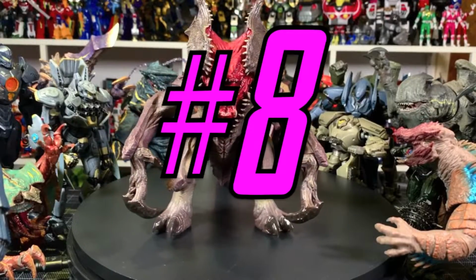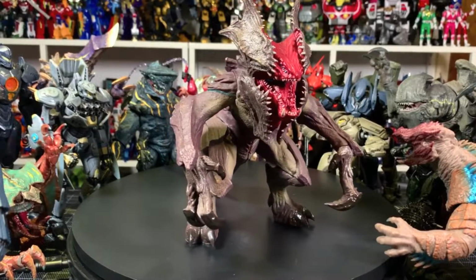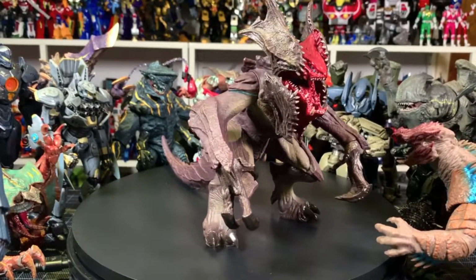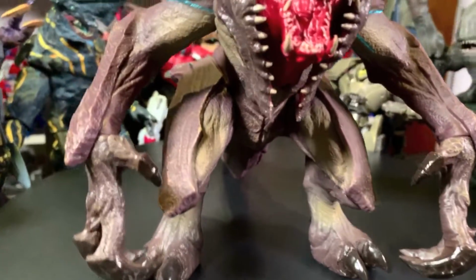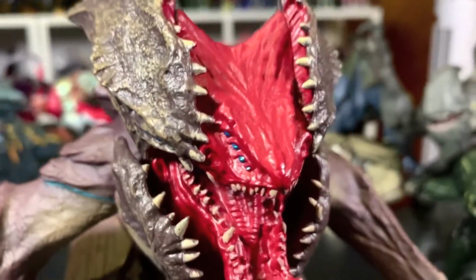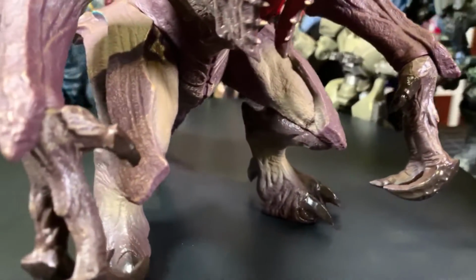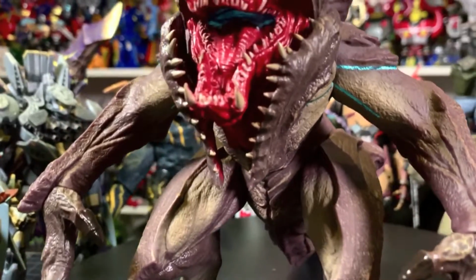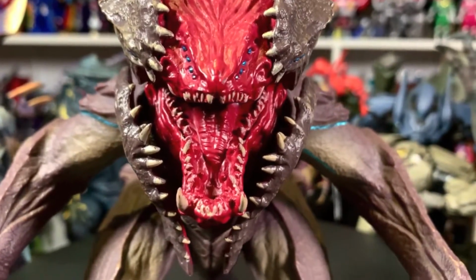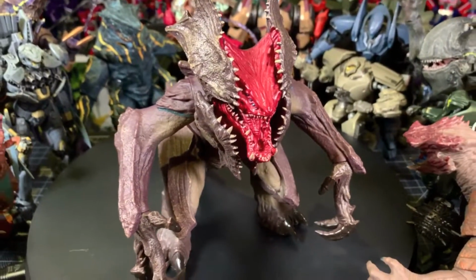At number 8, we have a really long dude here that wants to lash his tail out at everyone surrounding the pit, but it is the Soviet Spirits Raijin from Pacific Rim Uprising. This was the sister line to the Robot Spirits line that Bandai Tamashii did, and a lot of folks didn't like it. A lot of folks didn't like the line because they just gave us vinyls, but they're very nicely painted vinyls,